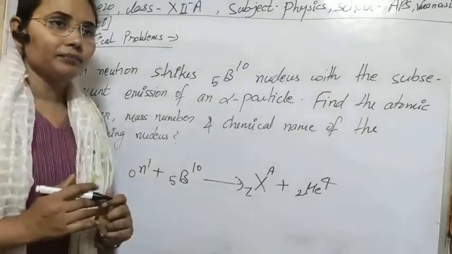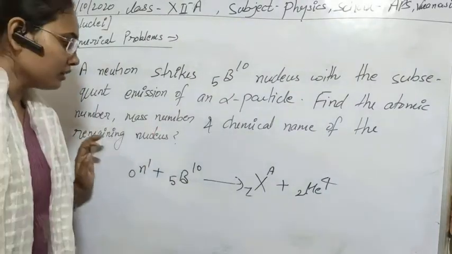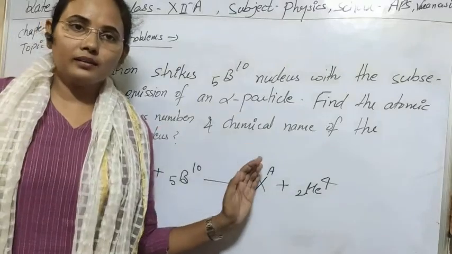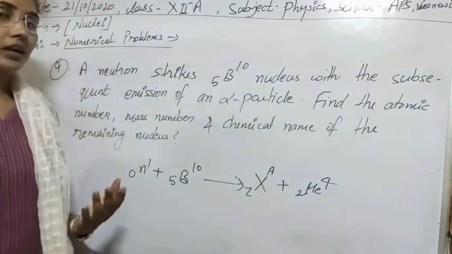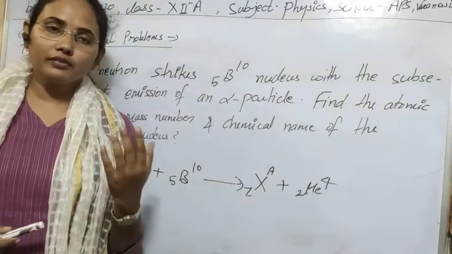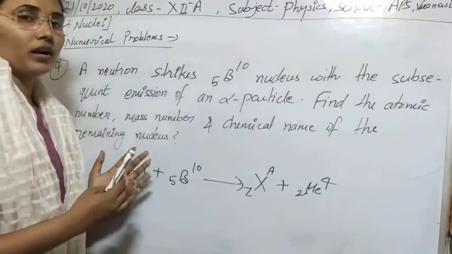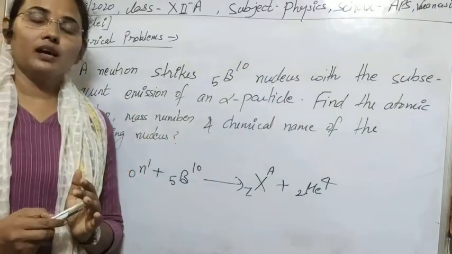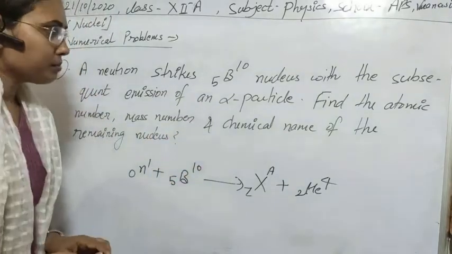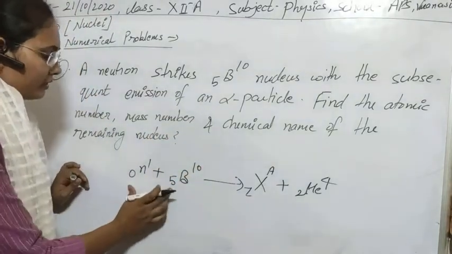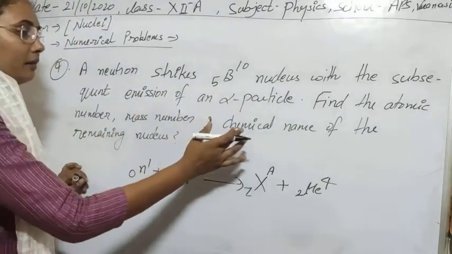As you know, in nuclear reactions, charge, momentum and energy are conserved, and also the number of protons and neutrons, that is, the mass number and atomic number, are always constant in any nuclear reaction. So if these are constant, then from here we can calculate very easily the value for the remaining nucleus.